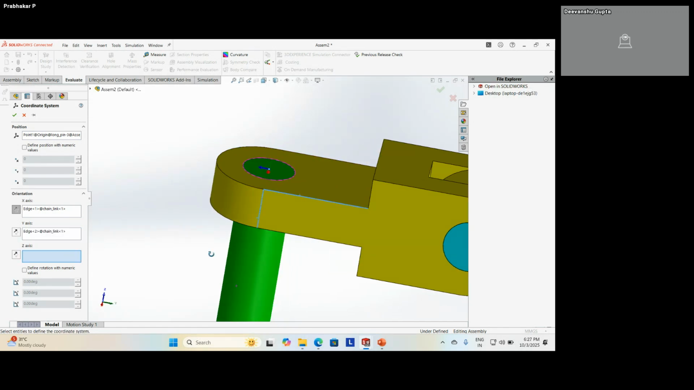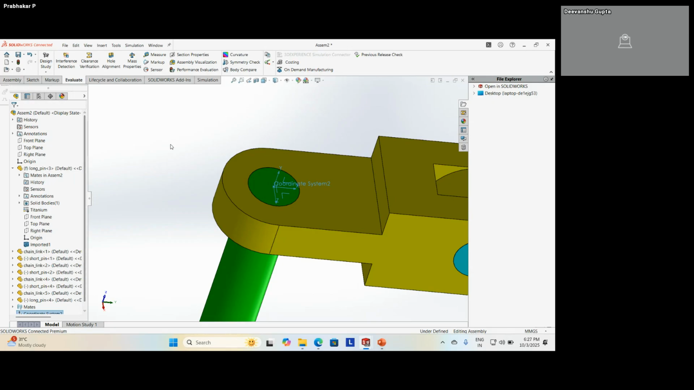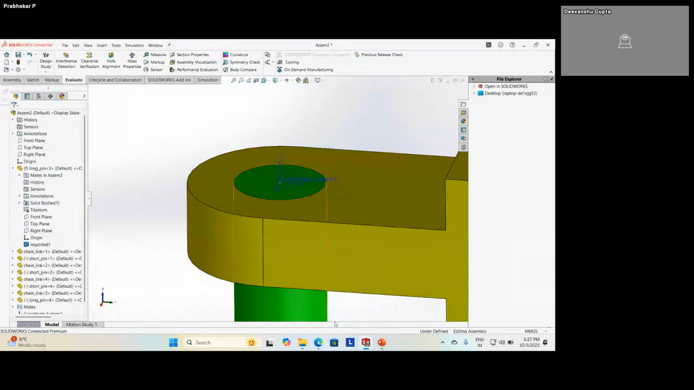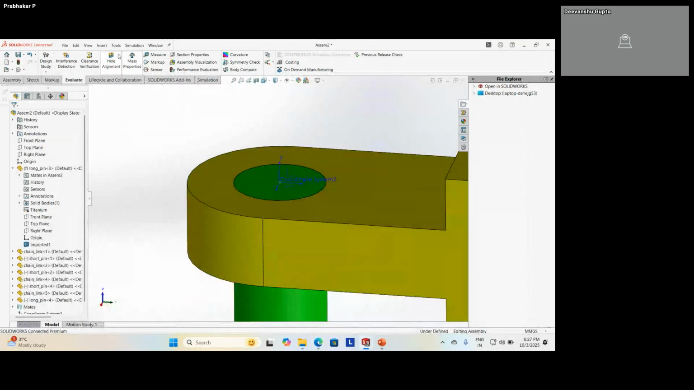Z axis should face towards me. If it is facing towards the opposite direction, just again flip it. You will find this coordinate system. Just ensure this X, Y, Z coordinate is matching with this coordinate system. Then finally go to